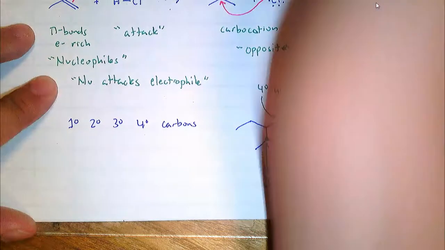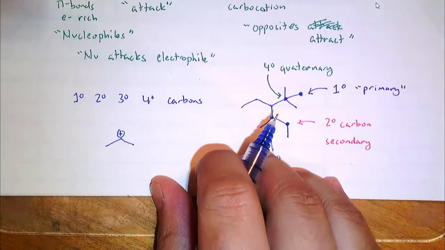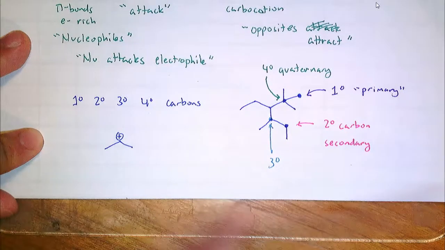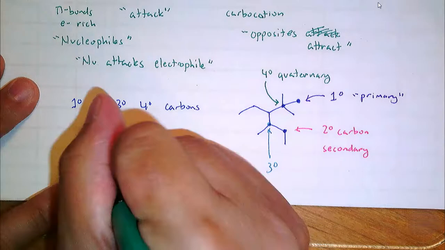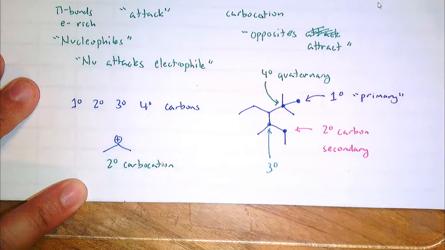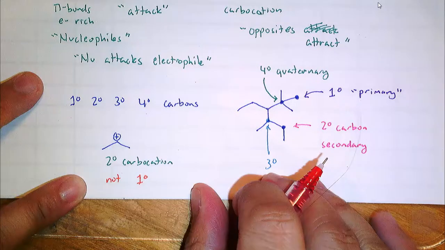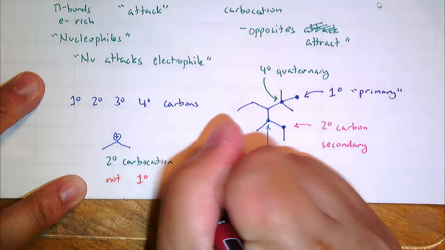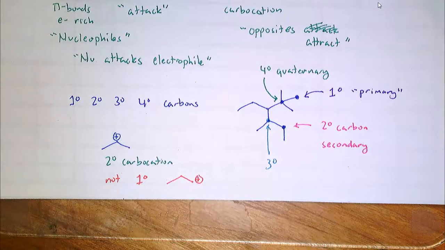What about this? What kind of carbocation did we make in the mechanism? So what kind of carbocation is that? That is a secondary carbocation. This is a secondary carbocation. Not what? Not a primary. Primary carbocations look like this, because that carbon is attached to one other carbon. Okay,